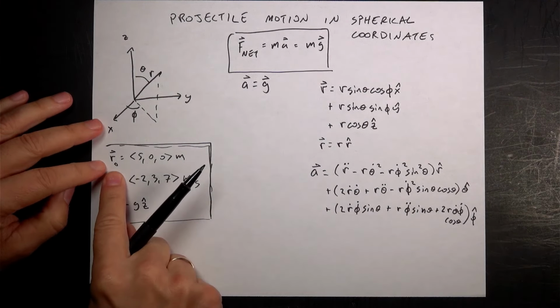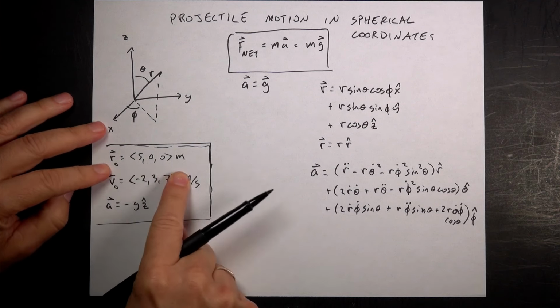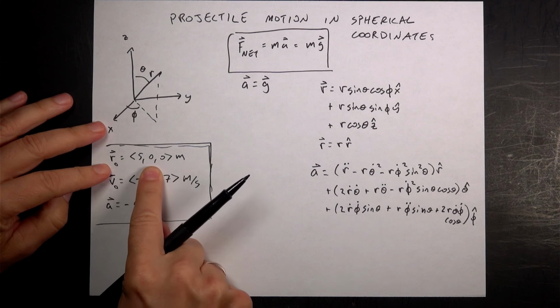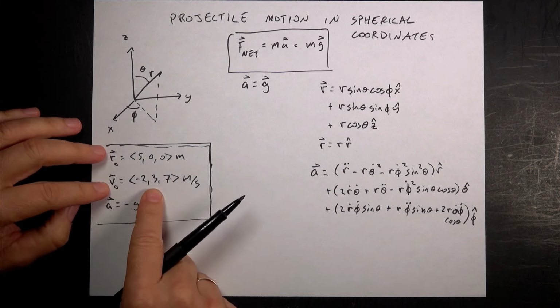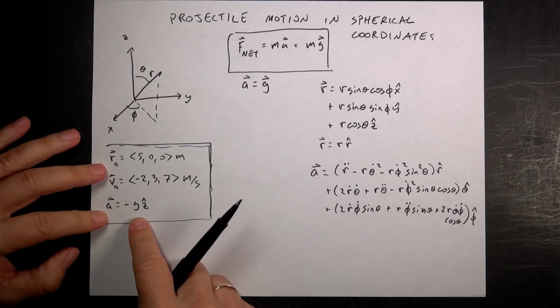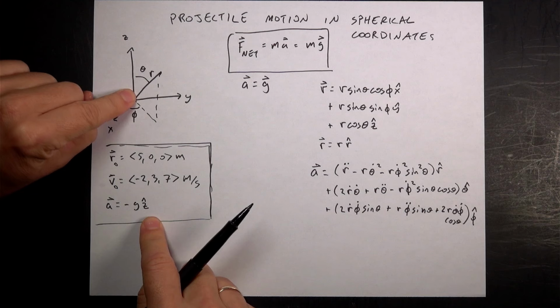So I have a ball launched at the position 5, 0, 0. So these are Cartesian coordinates. 5 in the x direction, 0, 0. The initial velocity, I just picked some values here, -2, 3, 7. And then the acceleration is in the negative z direction. So I put z as up just because I can use my normal